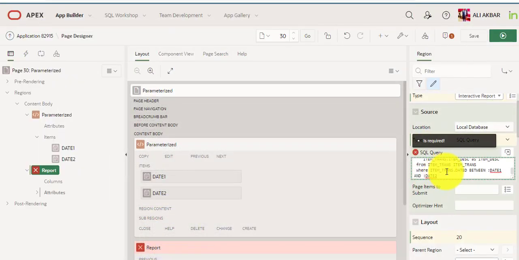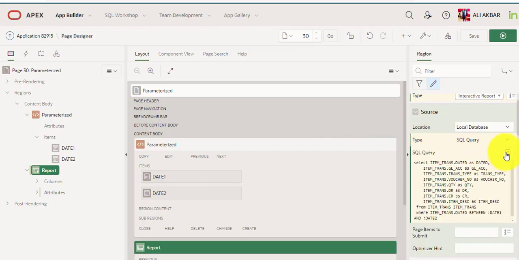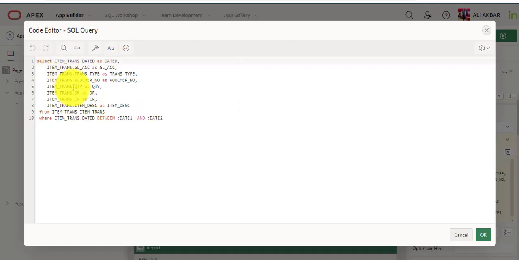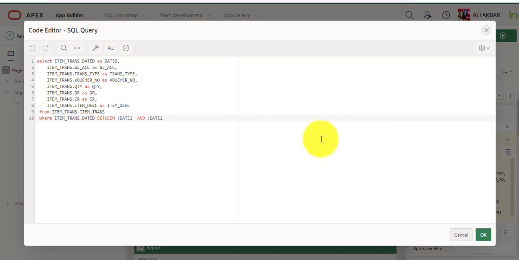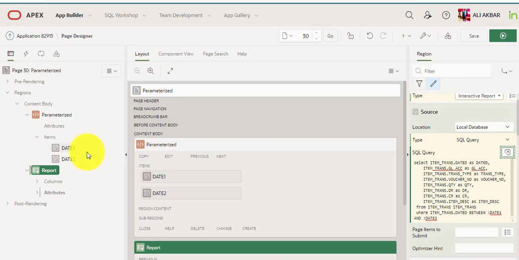Paste. You can see the item query: date between date 1 and date 2. You can assign any item field as parameters, but at this time we are learning on date parameters. You can see this is date 1, date 2. When I press save,